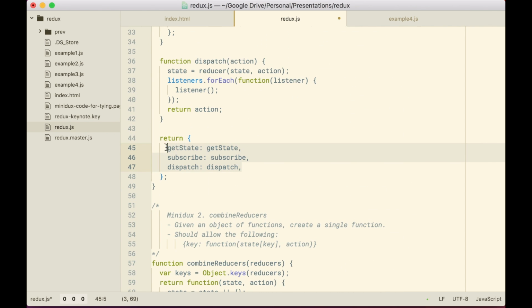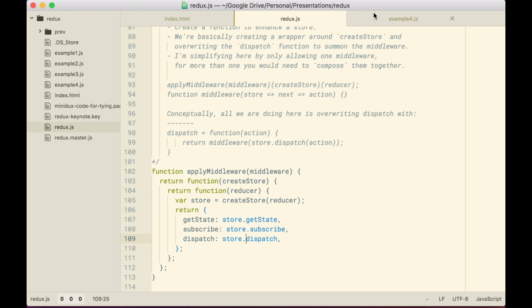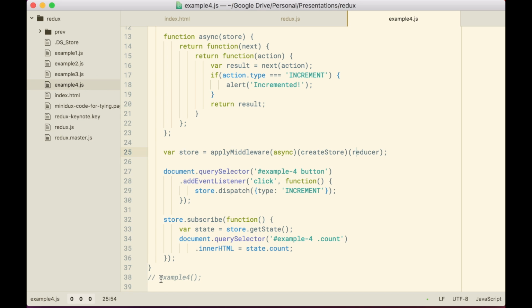So I can even just take that because we're just going to pass those along. And that's going to be of the scope of the store. And so right now we're not really doing anything with the middleware, but we are creating a store and passing those on. So hopefully if I enable example 4 here,